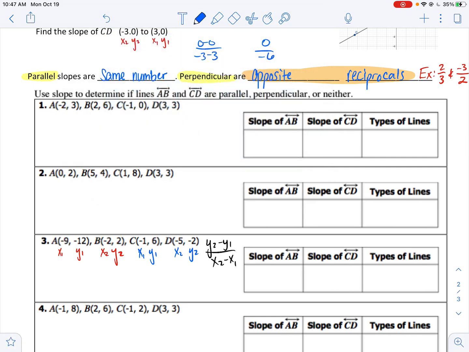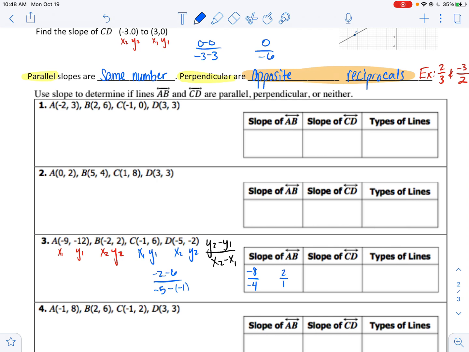So let's see, y2 is negative 2 minus y1 of positive 6. And then x2 is negative 5 minus x1 is negative 1. So my slope of AB would be negative 8 over negative 4,